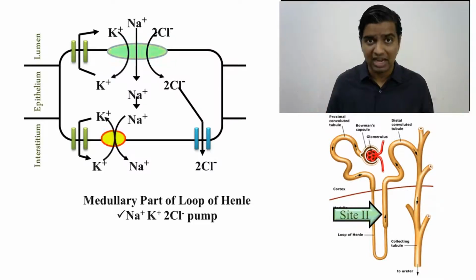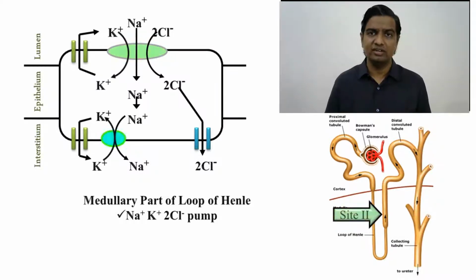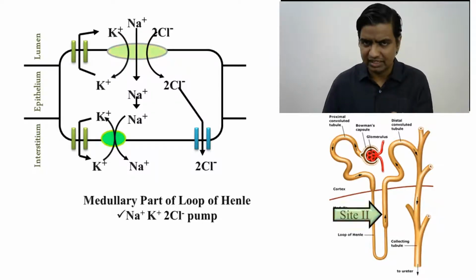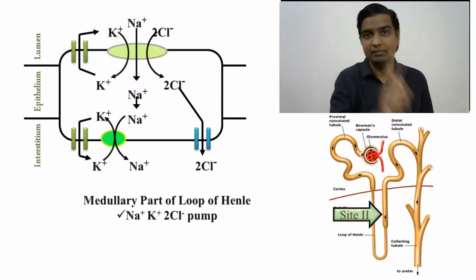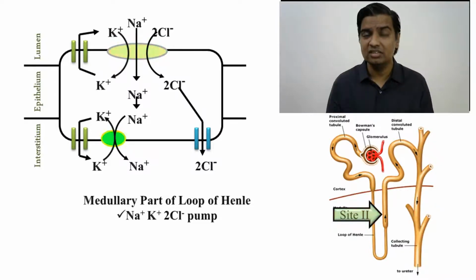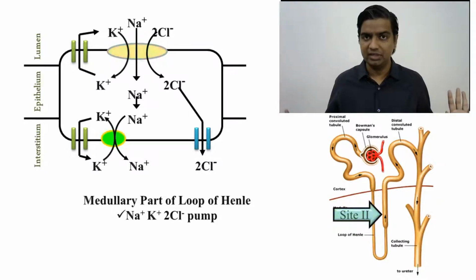So if I have to ask, what is the number 1 way by which urine is concentrated, you are going to answer the Na+ K+ 2Cl- pump, because this pump is responsible for the counter current multiplier mechanism. Which means if I can make a medicine that blocks this counter current multiplier, this Na+ K+ 2Cl- pump, then I would be successful in diluting urine the maximum. Easy peasy, simple. I hope so.